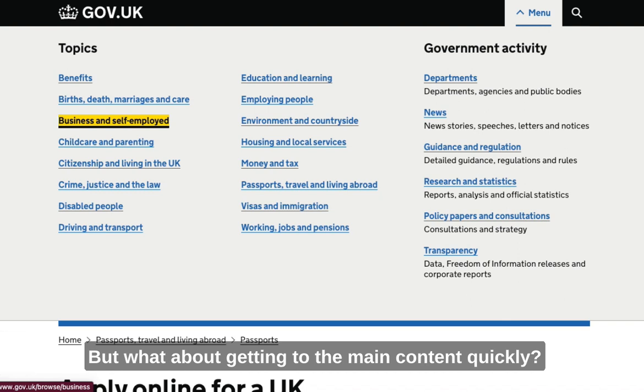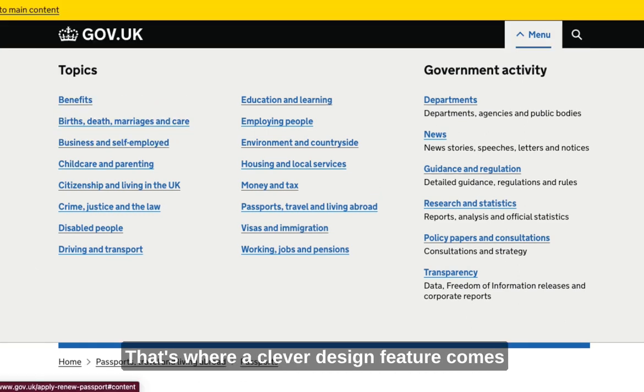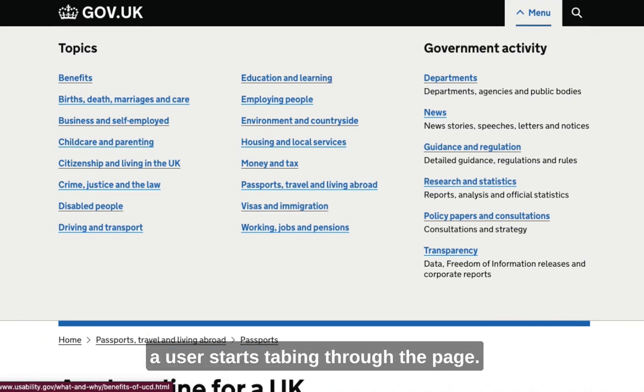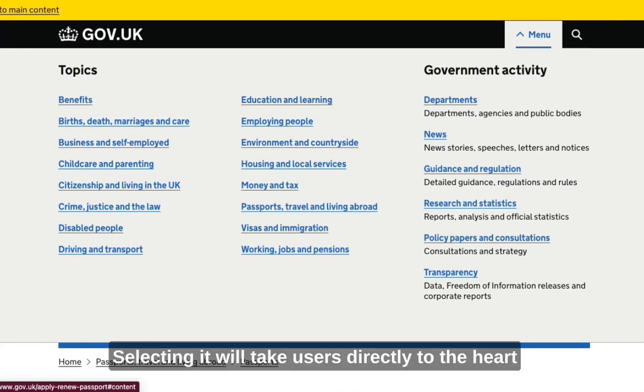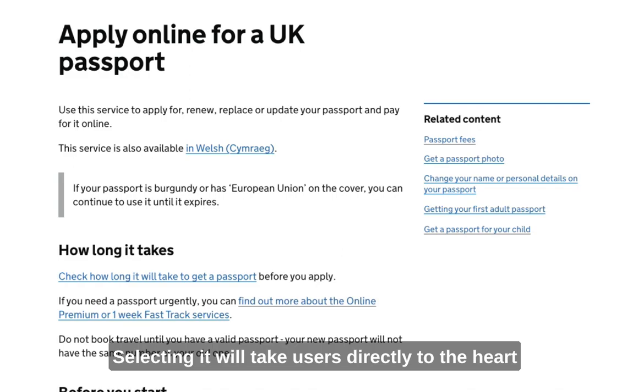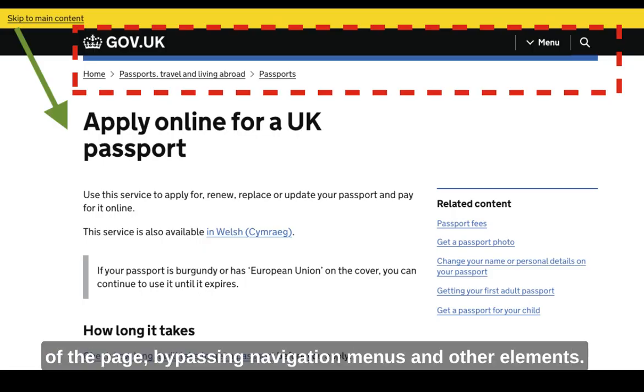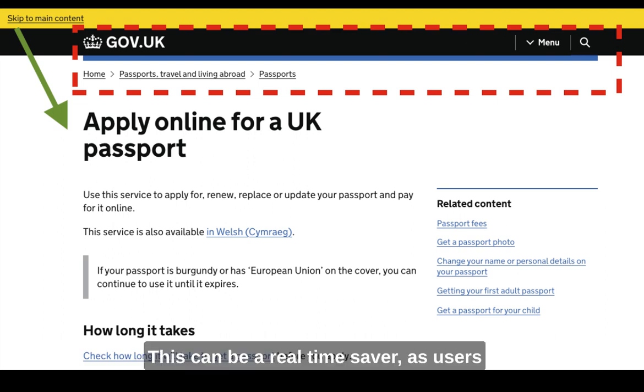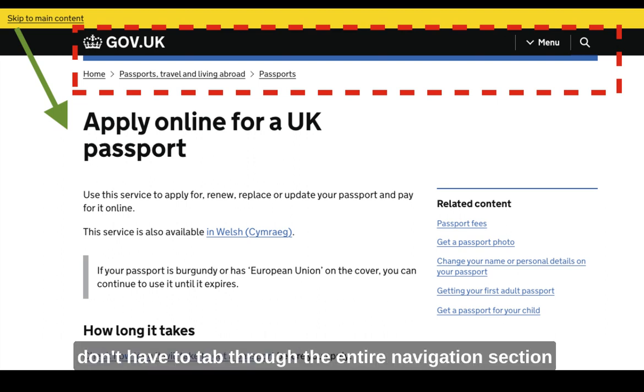But what about getting to the main content quickly? That's where a clever design feature comes in, a Skip to Main Content link. This link, typically hidden, becomes visible when a user starts tabbing through the page. Selecting it will take users directly to the heart of the page, bypassing navigation menus and other elements. This can be a real-time saver, as users don't have to tab through the entire navigation section every time they